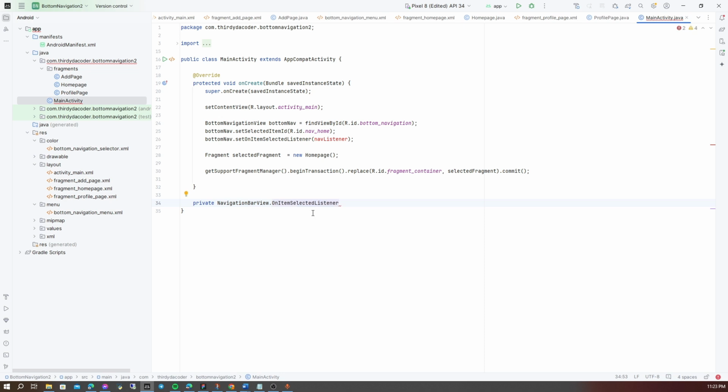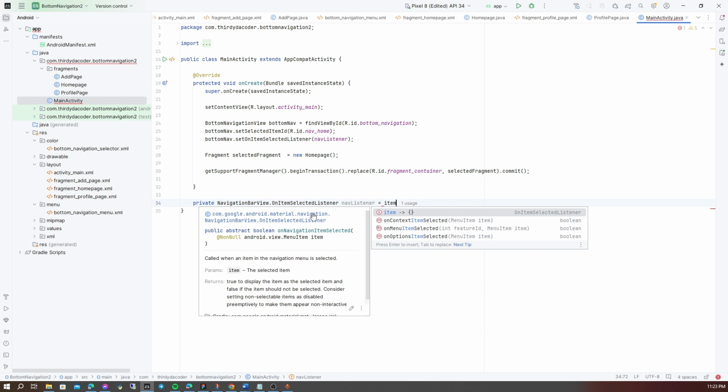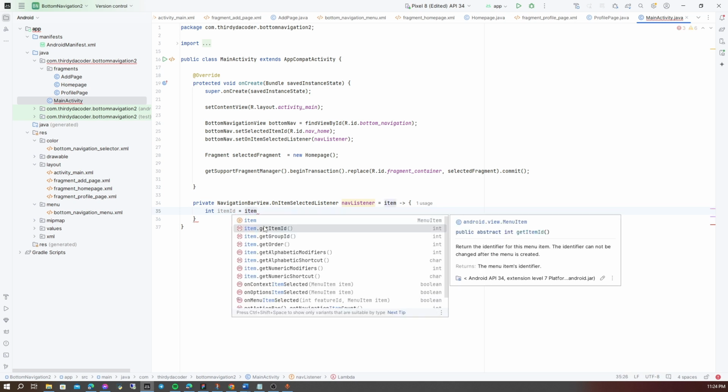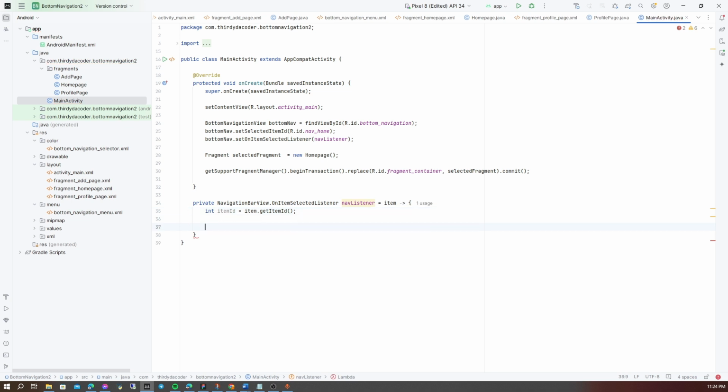We can name it nav listener, then equals, we use the lambda. Okay, here it is. Click this, and then create the int itemId equals item.getId. Here it is. Then fragment.